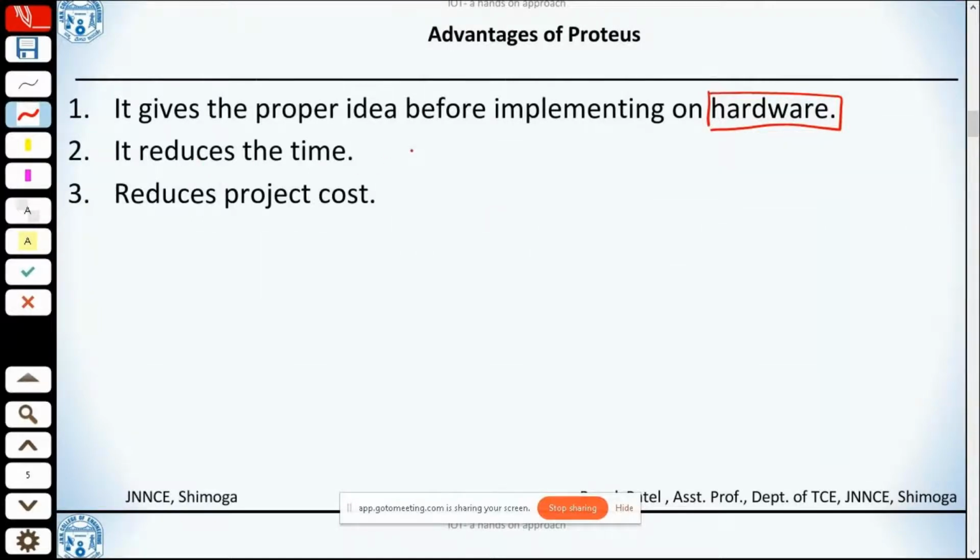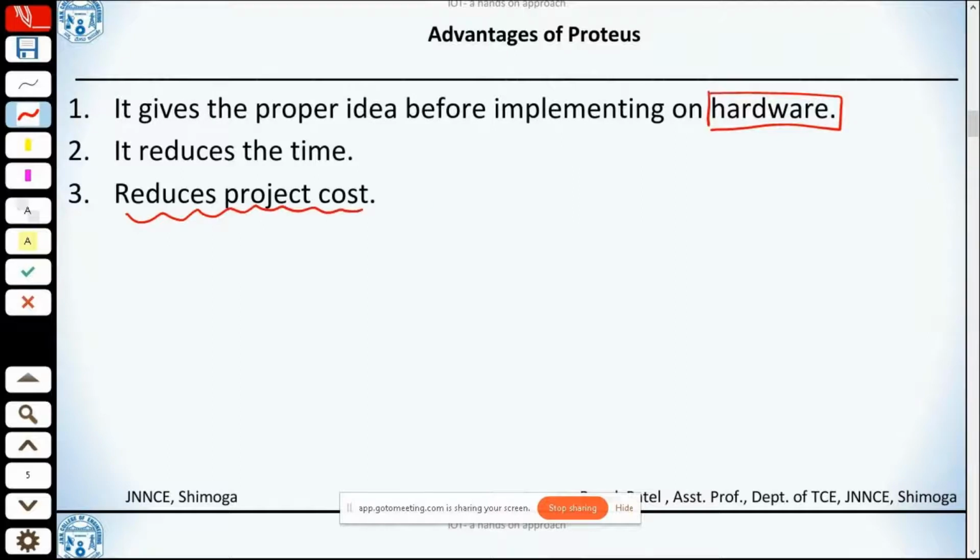So if you have a limited project time span, let's say you are trying to realize a project prototype within a certain time, it's better to go for Proteus software, wherein you can have an idea of how exactly the connections are to be made and what the expected result would be. So this actually reduces the time to market of your prototype.